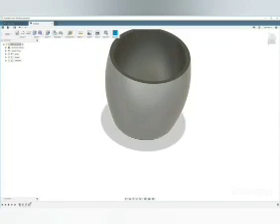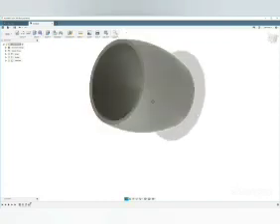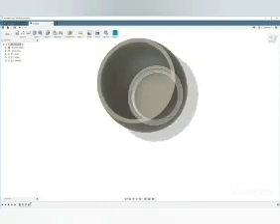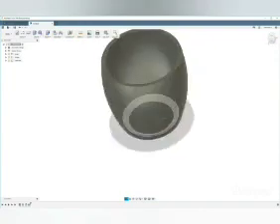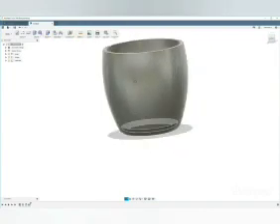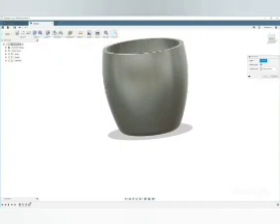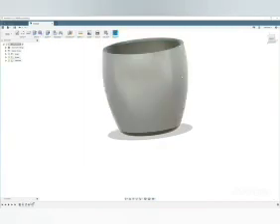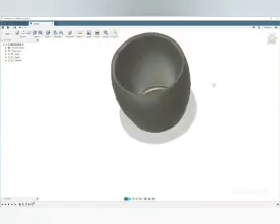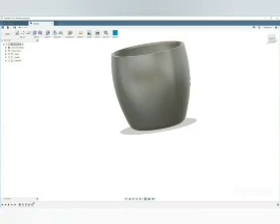Let's see the diagram carefully. This is the bottom view. Then I use the fillet command and make some dimensions.